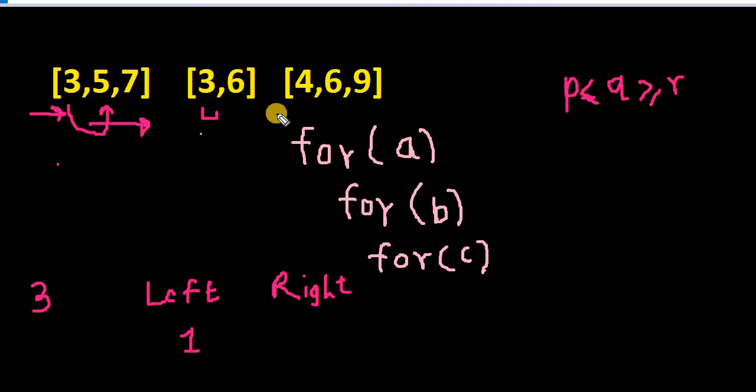Similarly, on the right hand side, we want this element to be higher or equal to the first element. We have 4 here, and 3 is not greater or equal to 4. So the number of elements from the right array will be 0, because 4 is the first element and we have a sorted order, so all the rest of the elements will be higher than 4. We don't need any checking. In this case, the middle element 3 will only have one element which satisfies the condition from the first array, or A array. However, there is no element which satisfies the condition from the C array. So we cannot form a pair for 3.